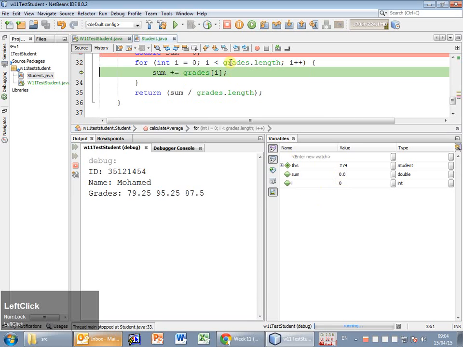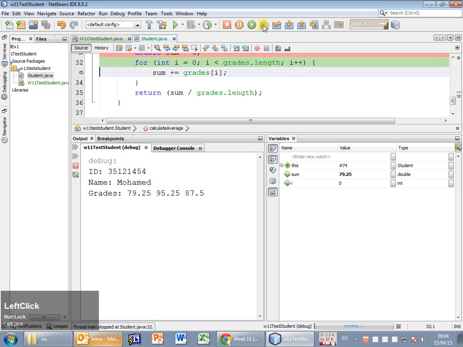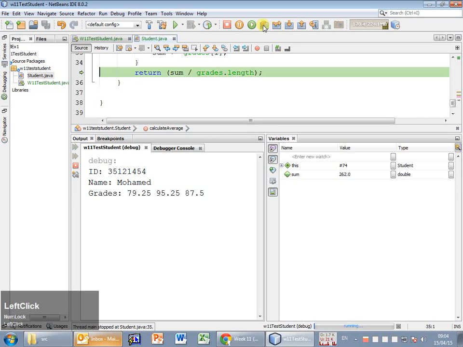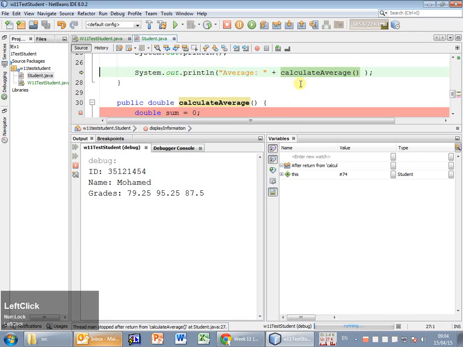You see the sum? It is going to add the first value, the first grade, and then the second grade, and then the third grade. So this is the sum. I get out, and I'm going to return this sum divided by 3, which gets me into here. Now I'm going to display this. So this is the sum divided by 3,